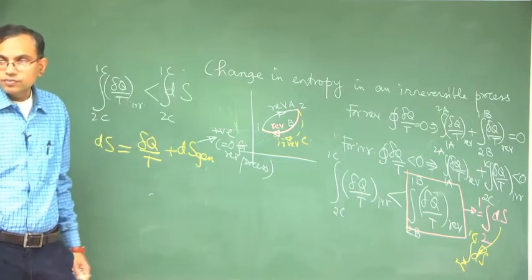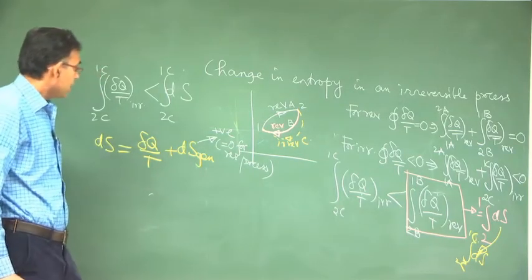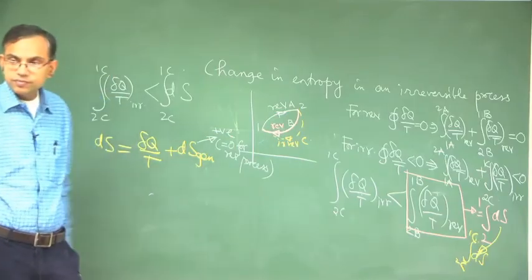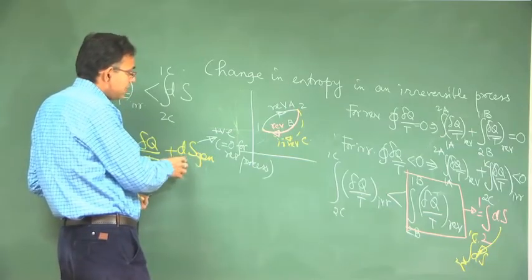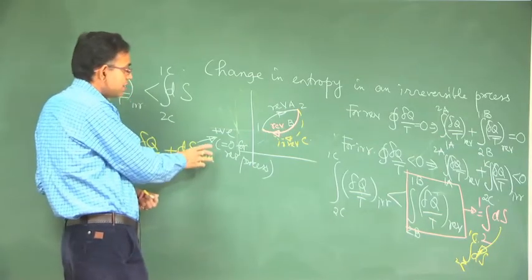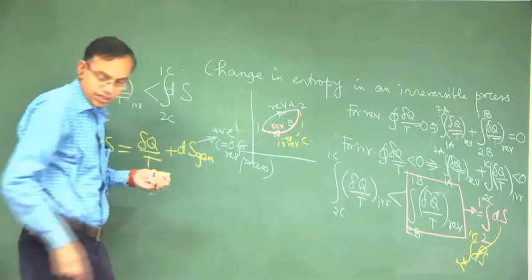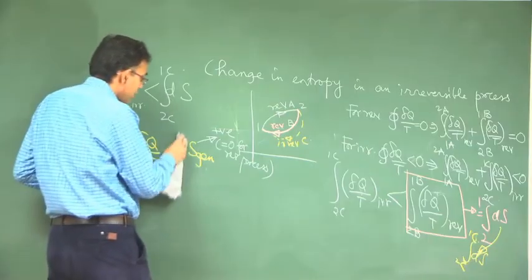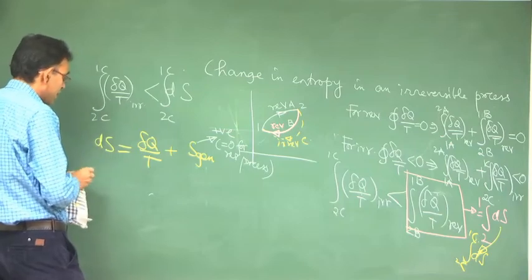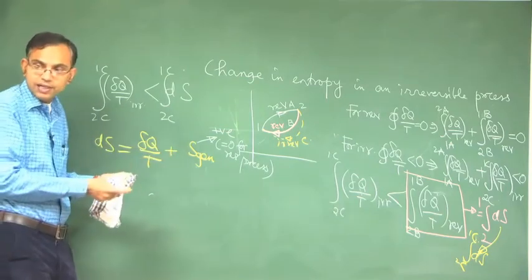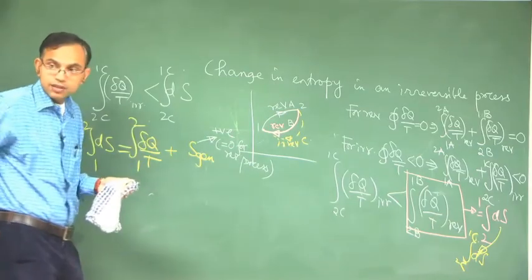Entropy generation is a path function, right? It depends on which path you go from 1 to 2. Entropy generation is a path function, yes. I have written d, but it is not a property, so that is just to make sure these are differentials, but this is a path function. You can better write this as an integral, because that makes real sense, since differentially you do not write it.